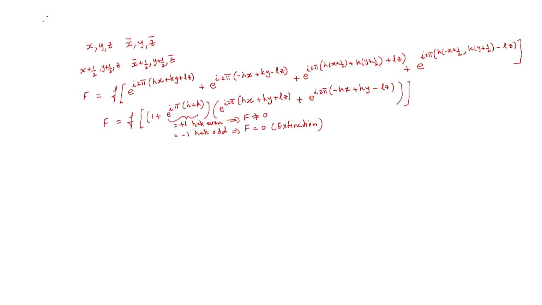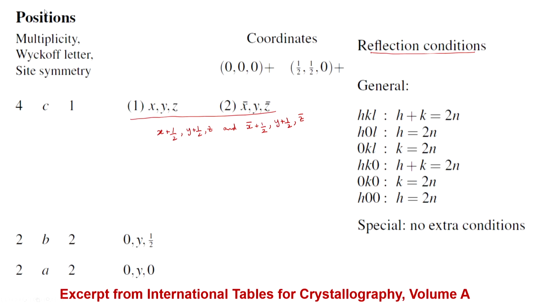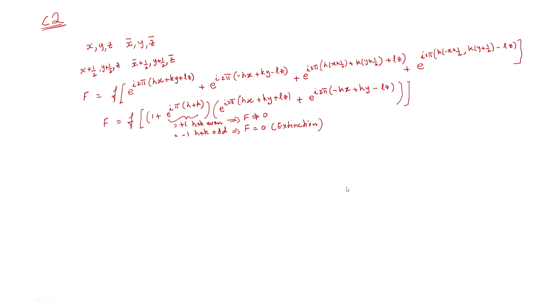So, we are looking at the space group C2, and if I just go back, basically these reflection conditions are saying the same thing. If I look at this one here, hkl, h plus k should be 2n. h0l, h should be 2n because h plus 0 is considered as an even number. So, this should be even. Same thing here. So, this encompasses all of these. hk0, h plus k is even, again the same thing and same thing. So, the reflection conditions for all the general positions are taken care of.